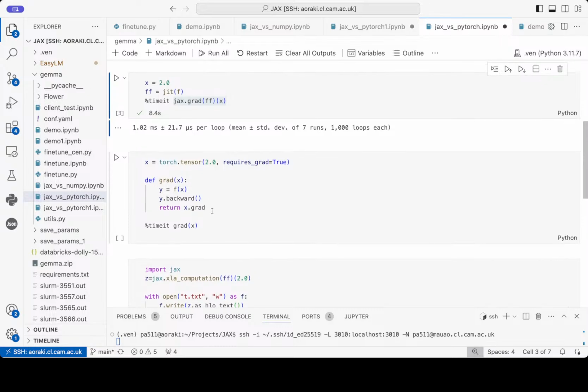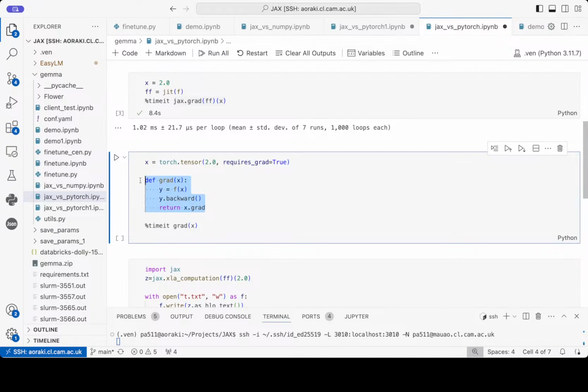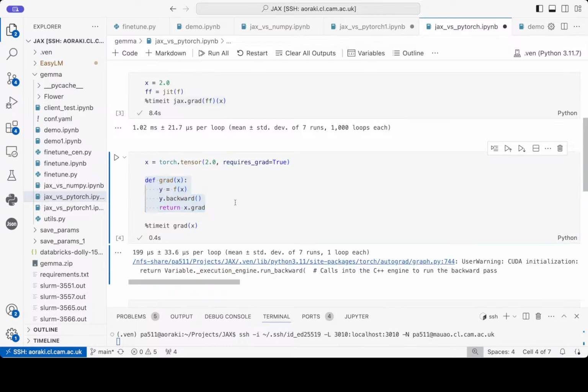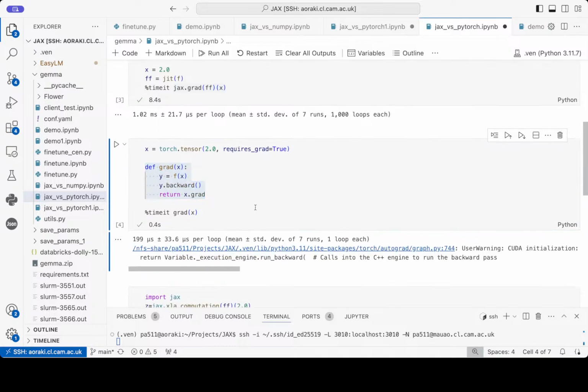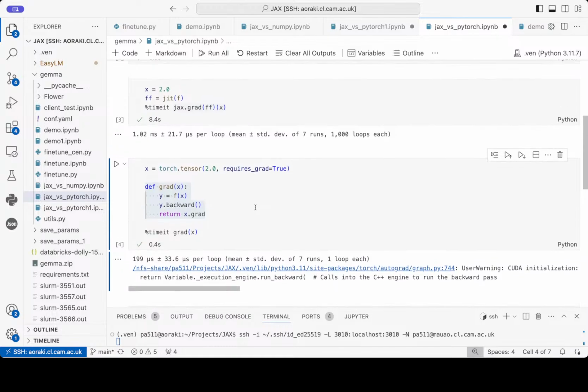Now we have the competitor, PyTorch. PyTorch's gradients work a bit differently than JAX. JAX is a purely functional language. So I've redone the same formula, just in a single function, so timeIt can capture it properly. We'll run this, and we'll see that this version takes only 200 microseconds. So in fact, it is a lot quicker than JAX.